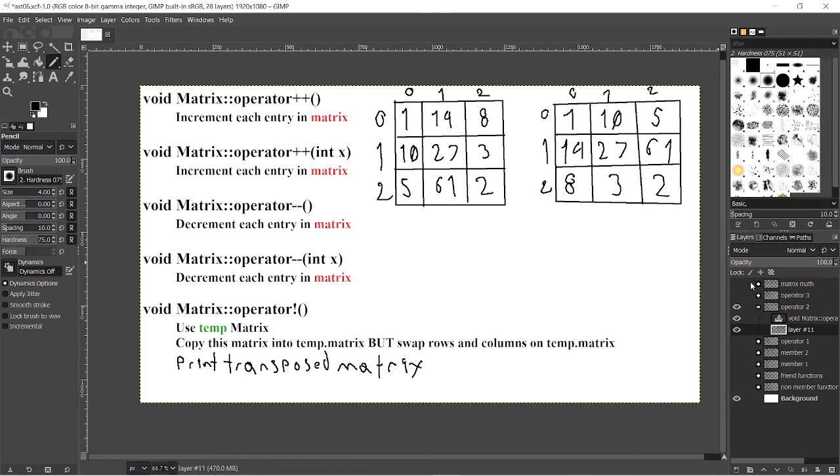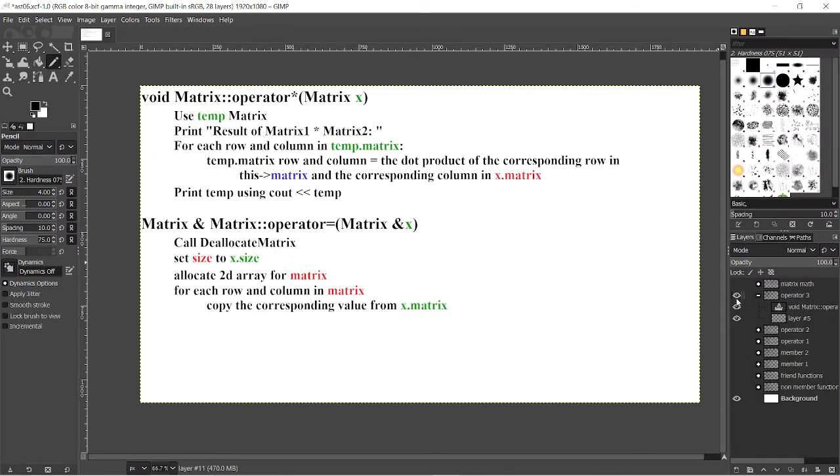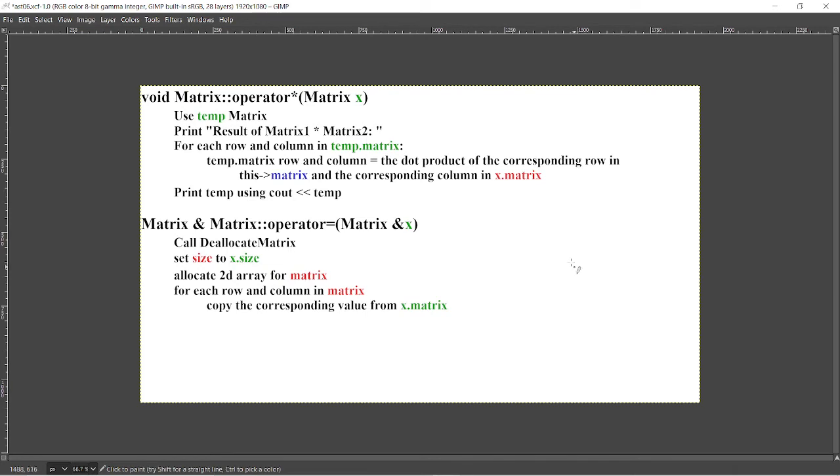All right, let me go on to the final set of operator overloads. For our final set of operator overloads, we have multiplication and the equal sign operator. I'm going to explain this first because it's a lot more simple. So this would look like